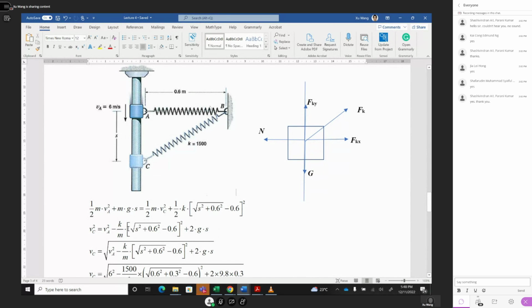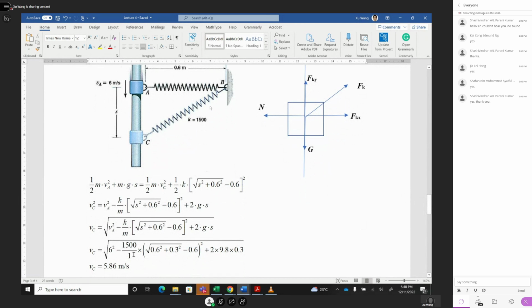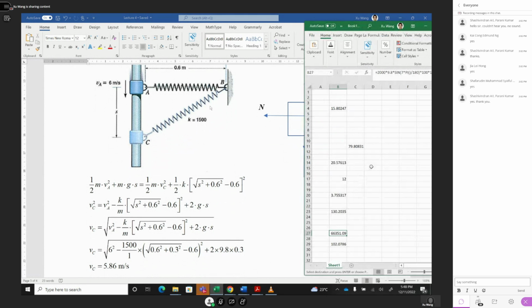Then put all the numbers inside. k is 1,500 and m is 1 kilogram, s is 0.3, vA is 6 meters per second, squared, and the spring length is 0.6. I put them in and calculate. I can check the calculation, it equals the square root of